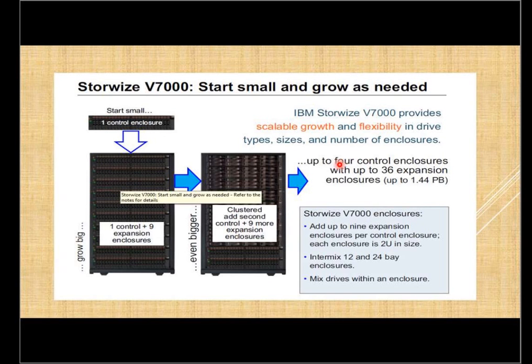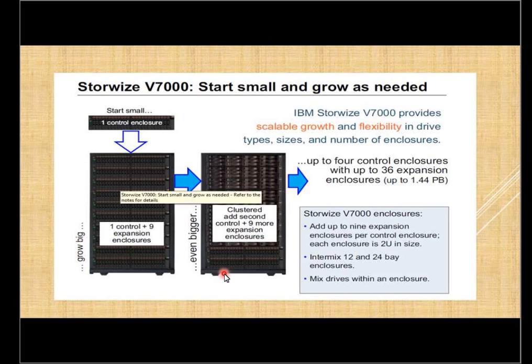So this is how our expansion enclosures look like, and we have a single rack here. So as I told you before that this is a control enclosure. Basically, this control enclosure also has 24 drives. It is unlike SVC where you have limited number of drives. This one has 24 drives once you look at the front panel. So as I told you before, you can have 9 extra expansion enclosures. So how many counts we have? Total 10 counts we have per rack. So it means we can have up to 240 drives per rack. So like this, if you want to have a fully configured StoreWise V7000, you can have total 960 drives.